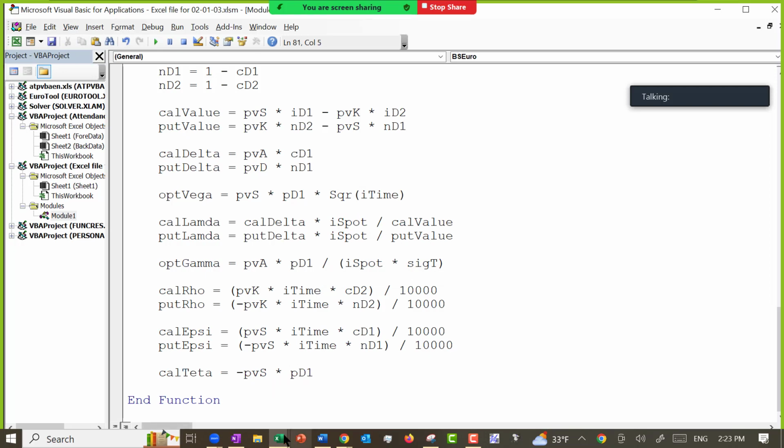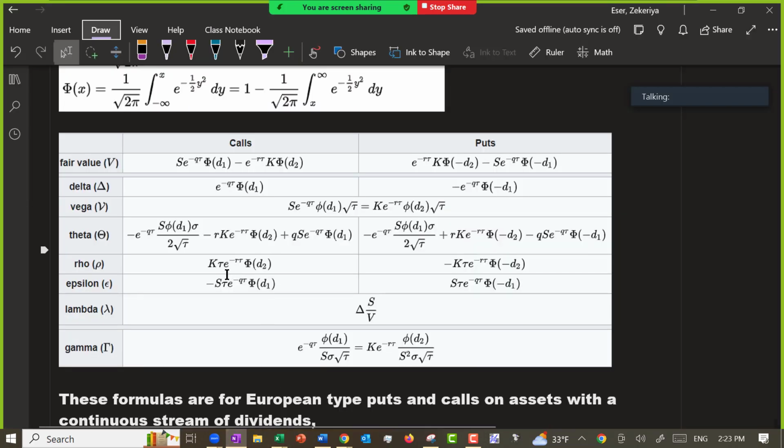We have sigma over square root of t. So if I multiply both sides by square root of t, that's going to be sigma square root of t divided by 2 times t. Since I already have sigma square root of t,